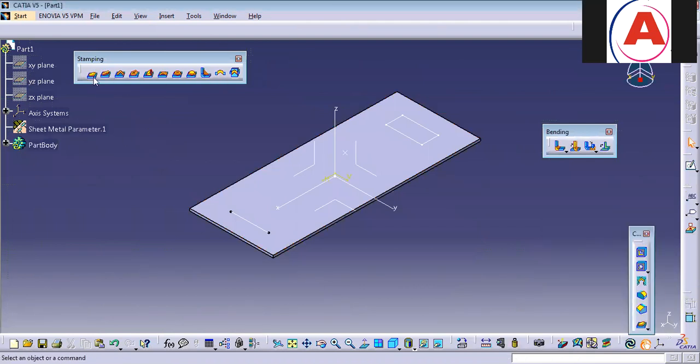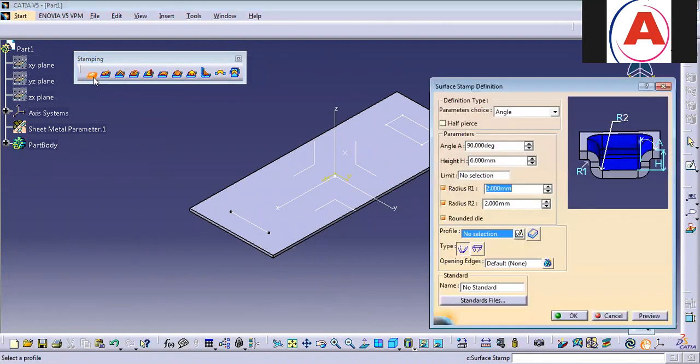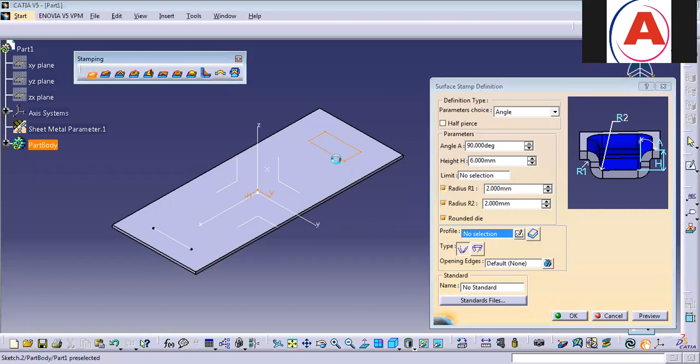So the first stamp is called surface stamp. For surface stamp, we need to check whether it works on a closed profile, open profile, or a single point command. To check that, I'll select the stamp. You can easily see here what sort of profile you are going to get when using this surface stamping. It is asking me for a profile. I don't know which profile it wants, so I'll go with this first closed profile. See, it has been selected, no issues.